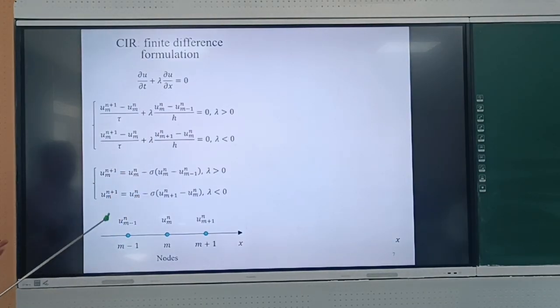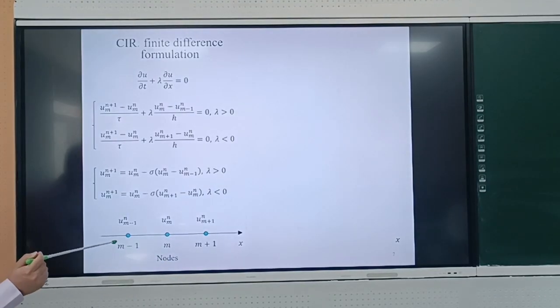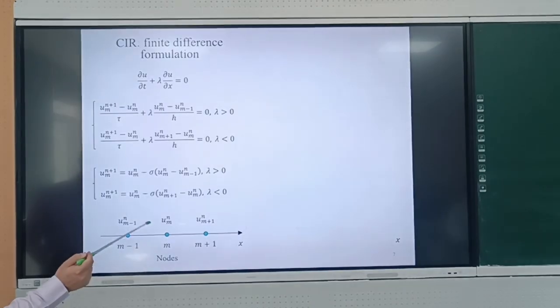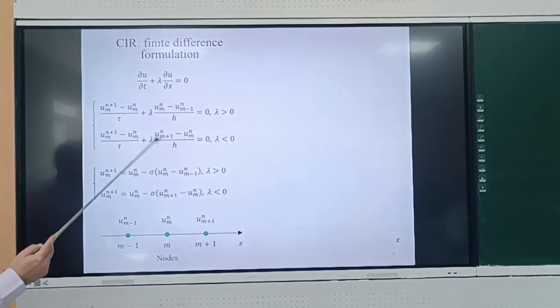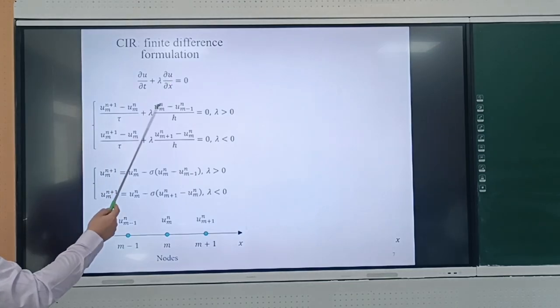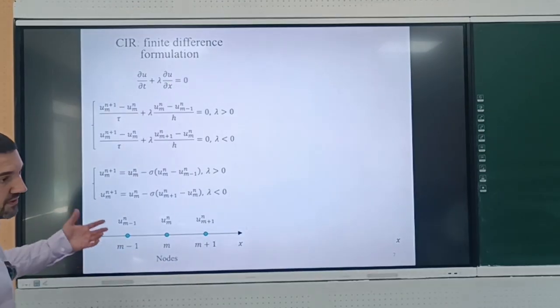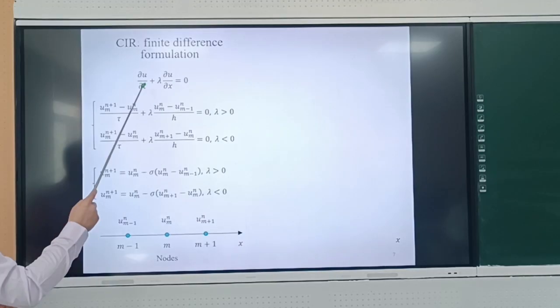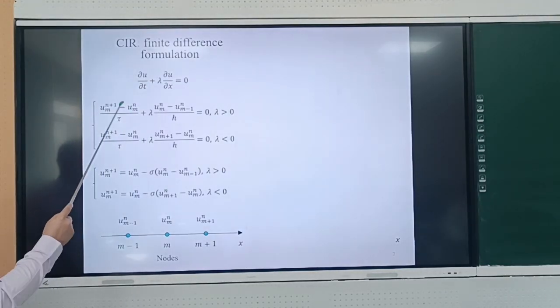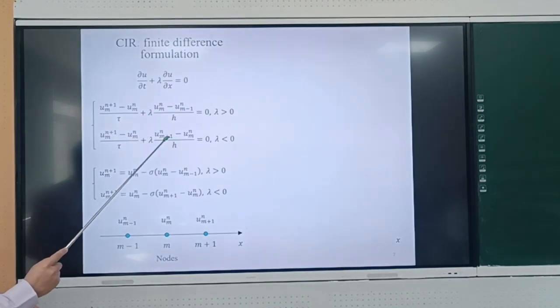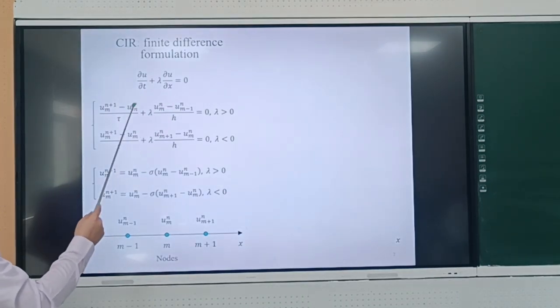What does finite difference mean? We have the x-axis and nodes m, m-1, m+1, and we know grid functions at our nodes. The idea was to take our initial differential problem and substitute the derivatives somehow. So du over dt was substituted by this explicit first order scheme, and du over dx was substituted by this